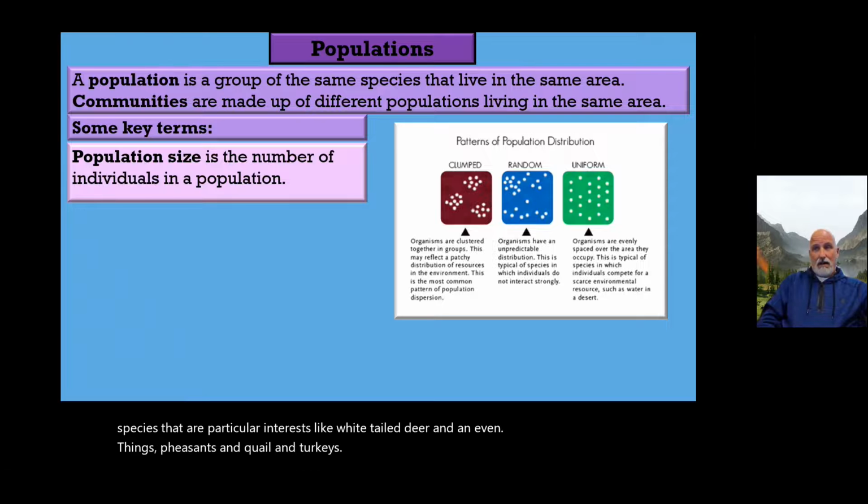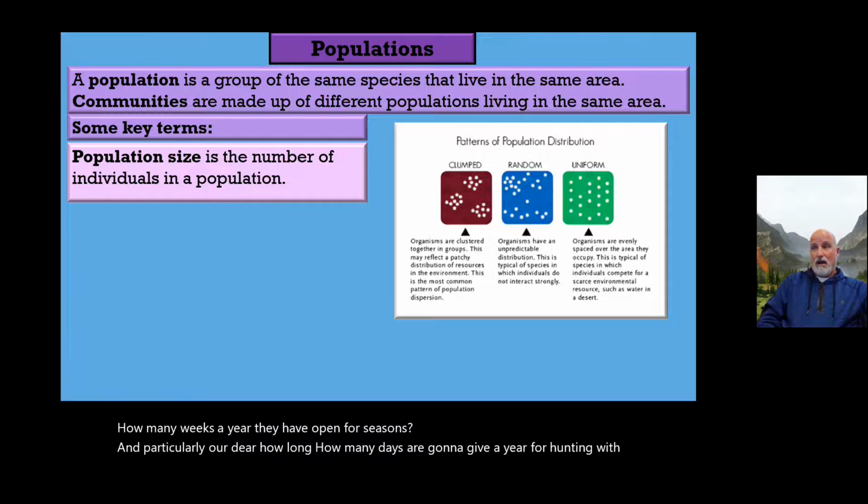I'm talking types of animals that are hunted. And in order to determine the seasons, how many weeks a year they have open, and particularly on deer, how many days they're going to give a year for hunting with guns and so forth,